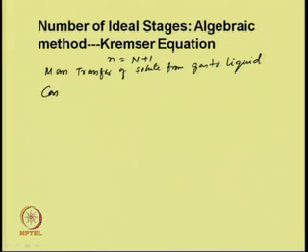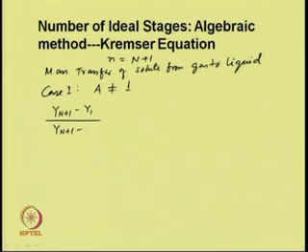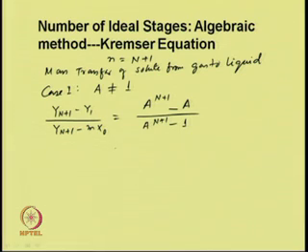So, in this case 1, A absorption factor not equal to 1, we can write y n plus 1 minus y 1 divided by y n plus 1 minus m x naught will be equal to A to the power n plus 1 minus A divided by A to the power n plus 1 minus 1,